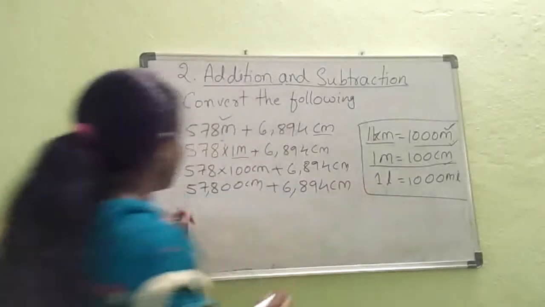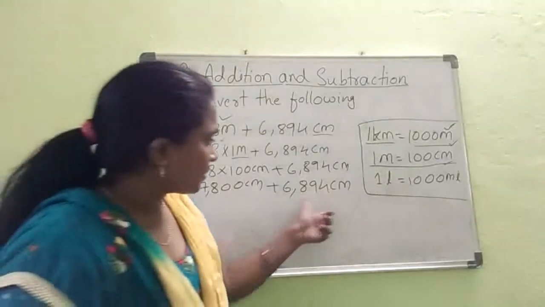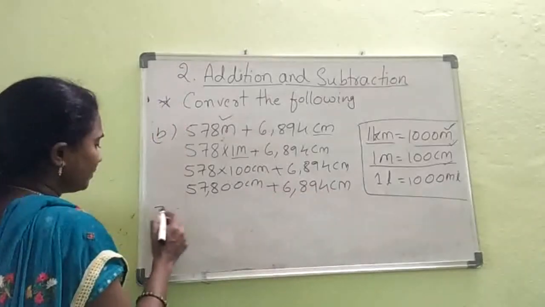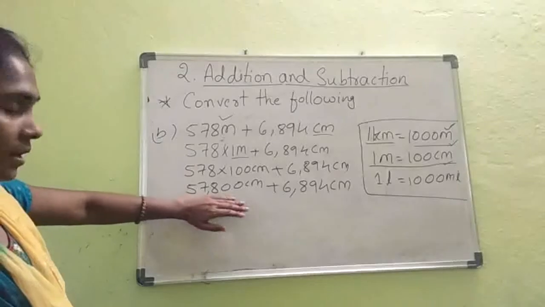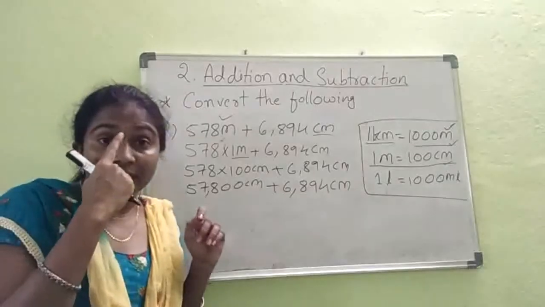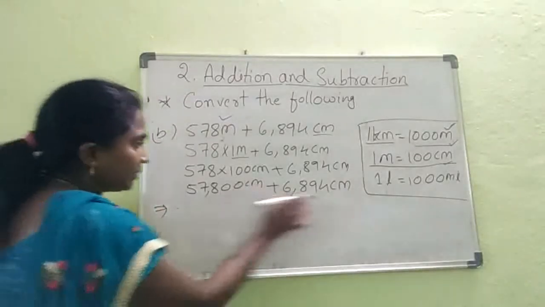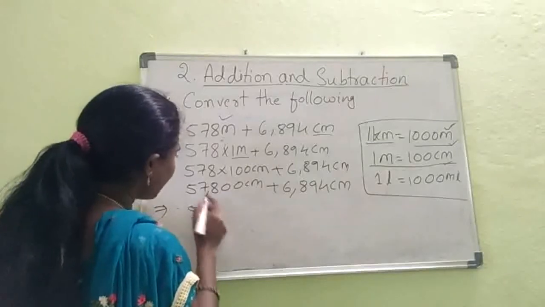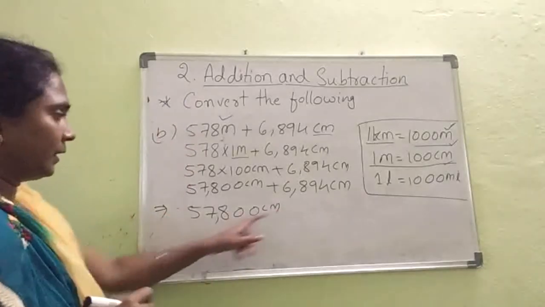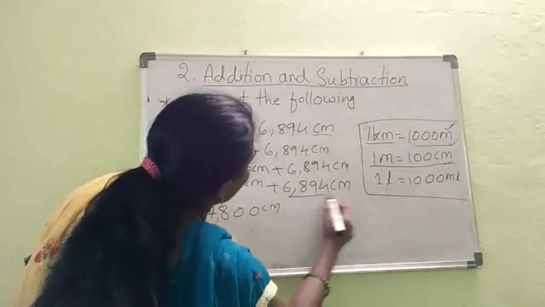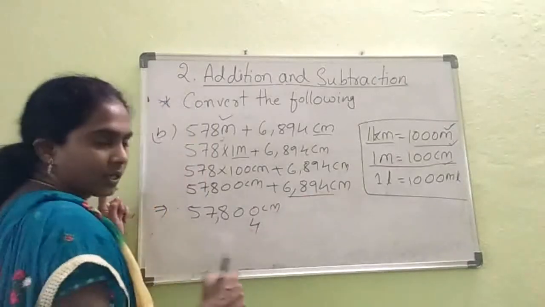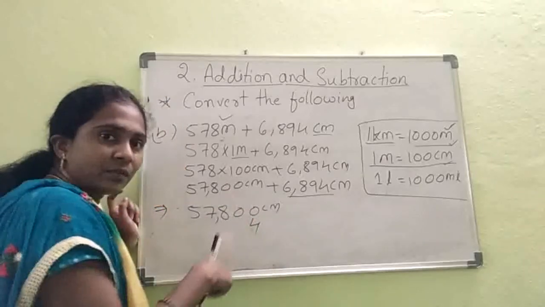6,894 centimeters, right? This is a 5-digit number and this is a 4-digit number. Now we need to add these two numbers. Now the units of these two are also the same, right? In the previous class you learned that if one number has more digits and the other has fewer, you need to place the digits properly. Now I am going to add these two numbers. First I will write the first number, that is 57,800. Next, how many digits do we have here? Only 4 digits, right? Here the ones place has 0, and here the ones place has 4. So the ones place should be below the ones place digit only.